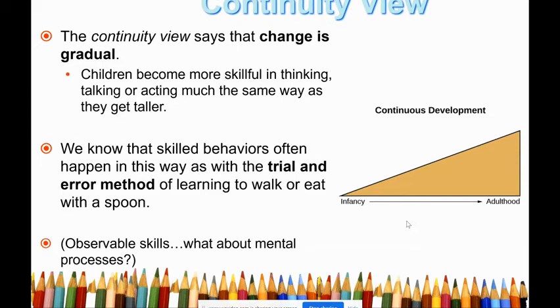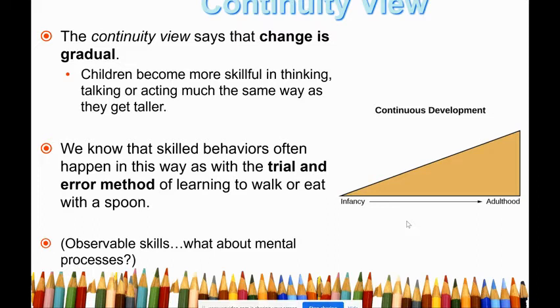Now, the continuity view basically says that over a lifetime, a child will every day be a little bit more mature, a little bit more developed, a little bit more capable, in every facet of their life, and that slow, gradual, constant development will uninterrupted move them into adulthood. That's the idea of the continuity view. One good example probably of the continuity view would be physical development, right? Most of us develop and grow at a fairly constant rate. Some of us had huge growth spurts at one period or other, but most of the time we just